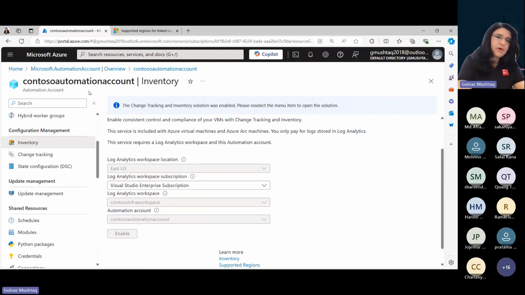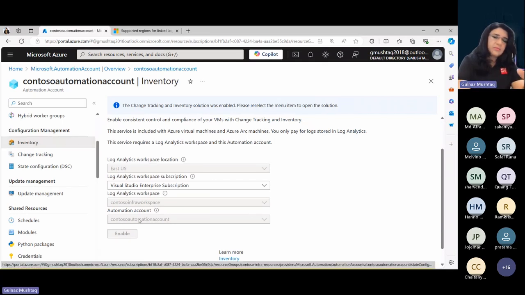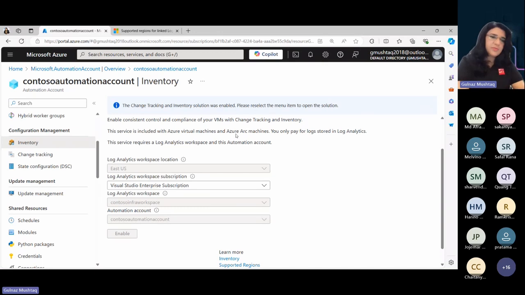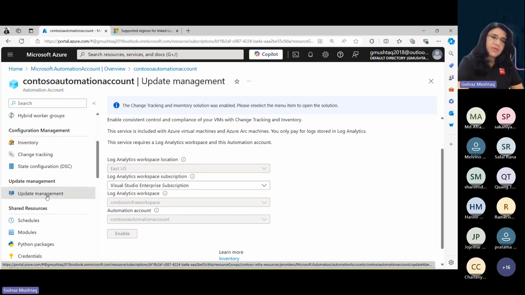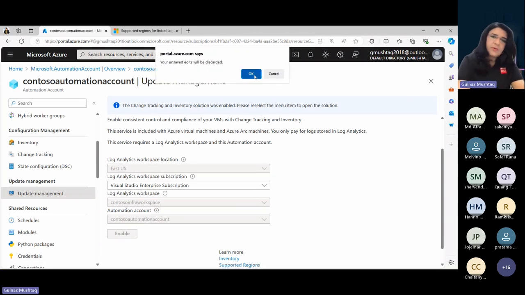So in the log automation account, we just associate that log analytics workspace with this automation account by clicking on the inventory. And the next step is we need to configure the update management as well. We can do that as well. So in the update management, okay,